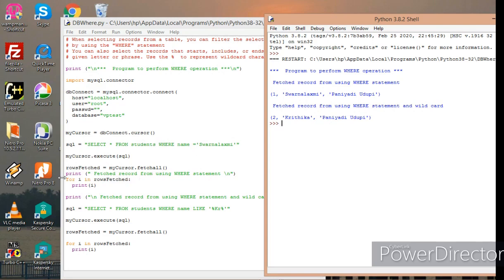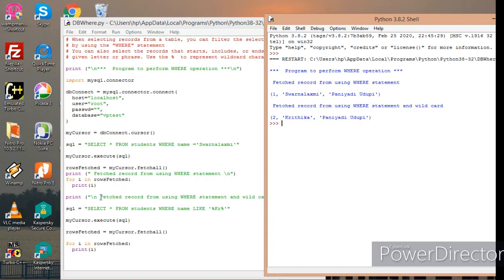This SQL query is executed with the help of the execute method of my cursor object, and the fetchall method is going to fetch those records where name is equal to Swarnalakshmi, which match this search criteria.